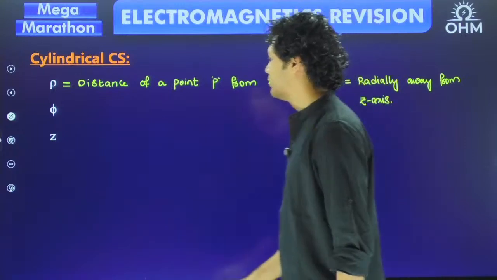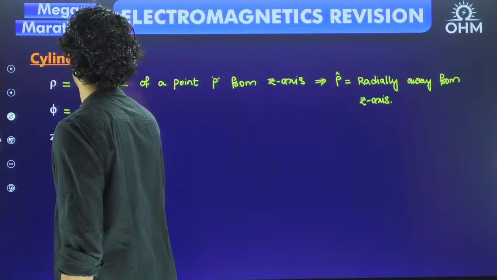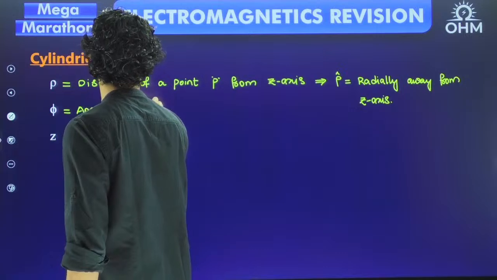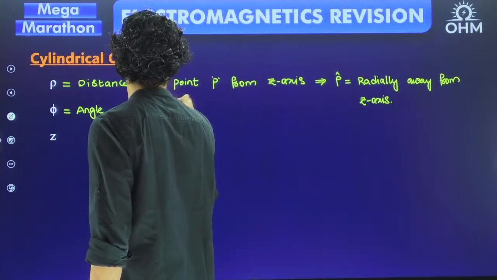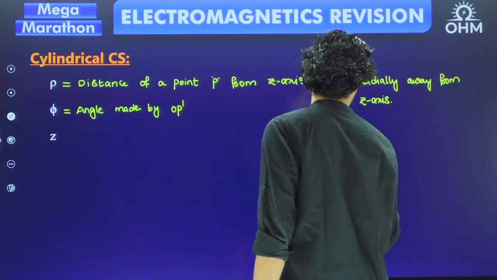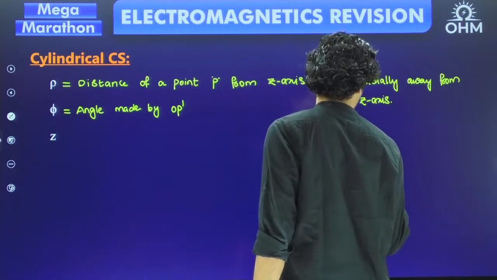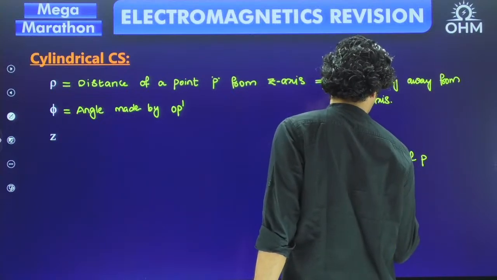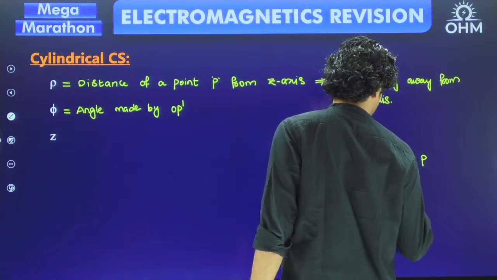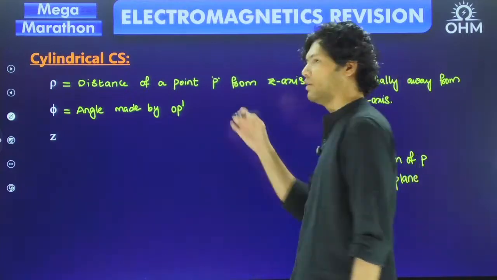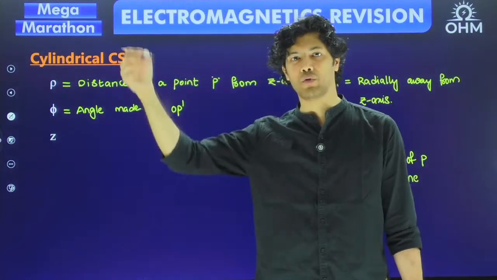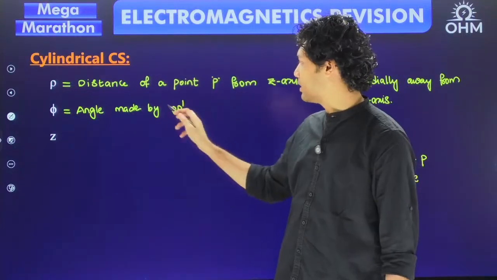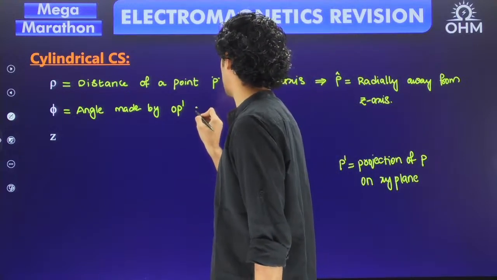Okay, and similarly phi is nothing but the angle made by OP dash, where in this context P dash corresponds to the projection of point P on the xy plane. So you have some random point in space, and you are taking the projection of that point P on the xy plane, wherein the floor plane is nothing but the xy plane. So the angle made by that OP dash line segment with respect to the x axis